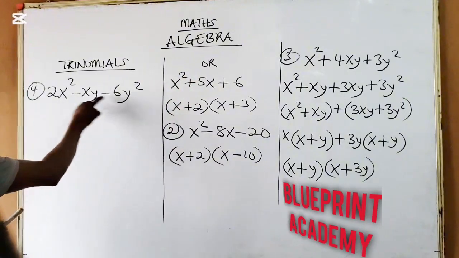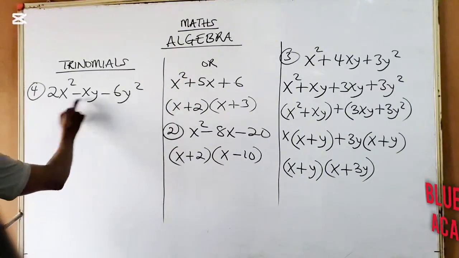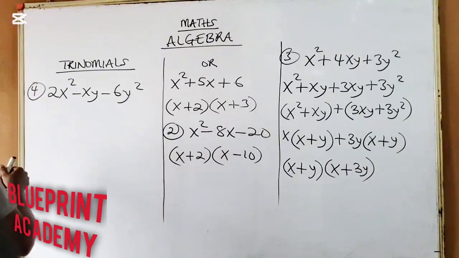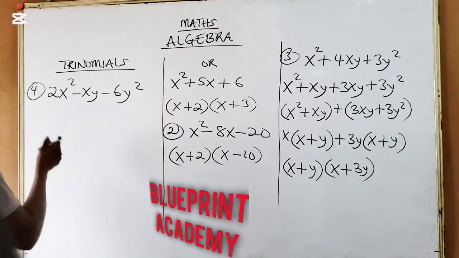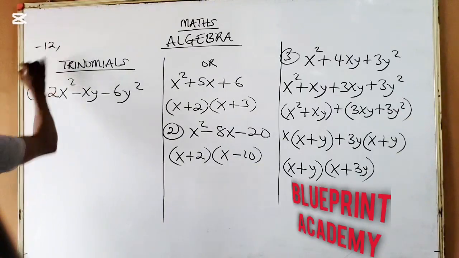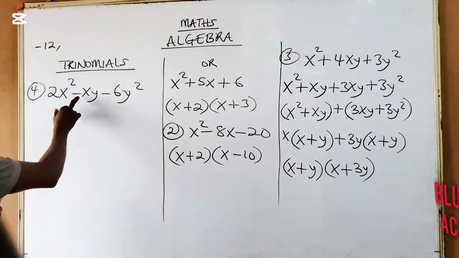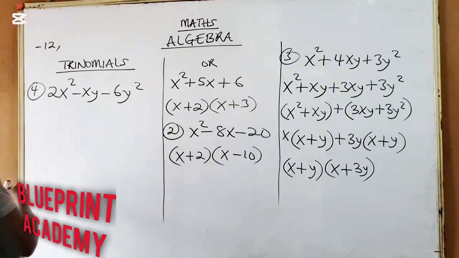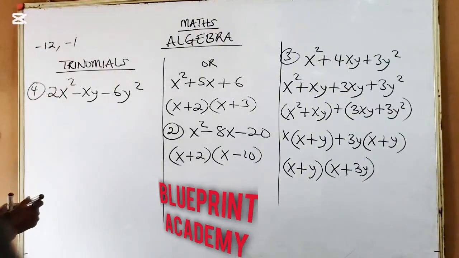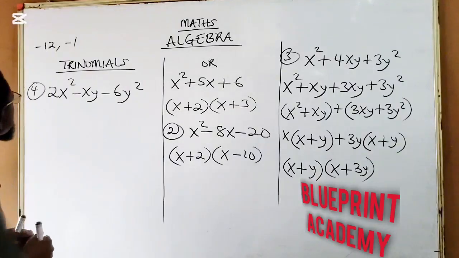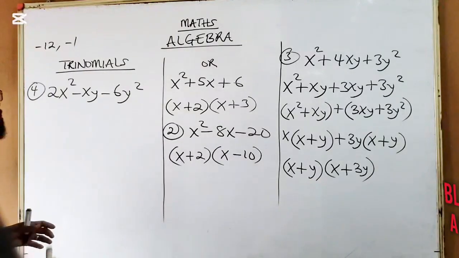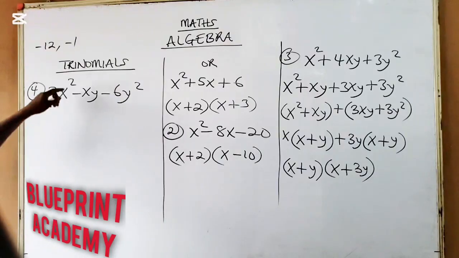We multiply 2 by this minus 6. 2 times minus 6 will give us minus 12. All we have at the middle here is minus 1. So now we need to look for two numbers such that when you multiply them, it will give